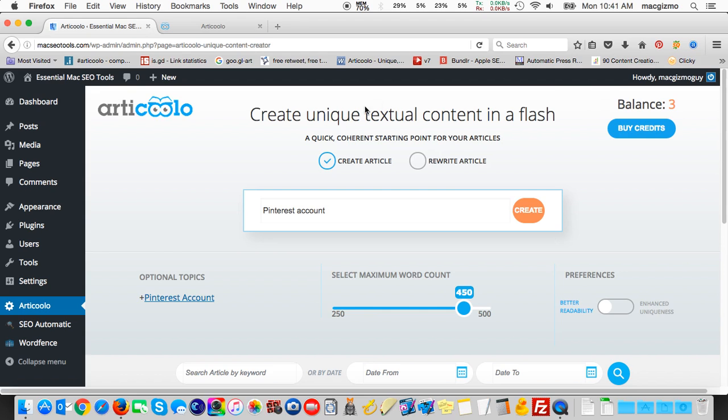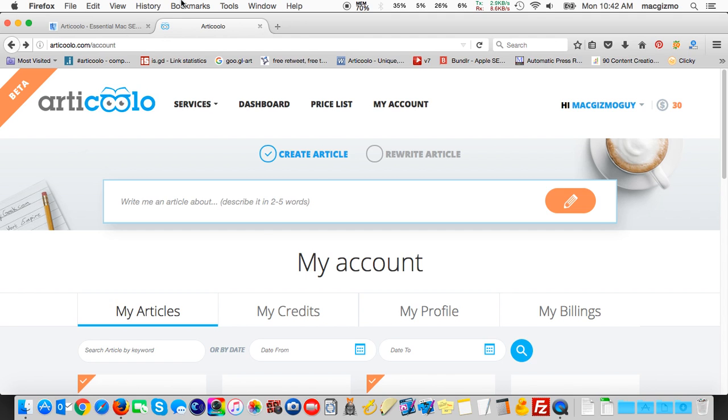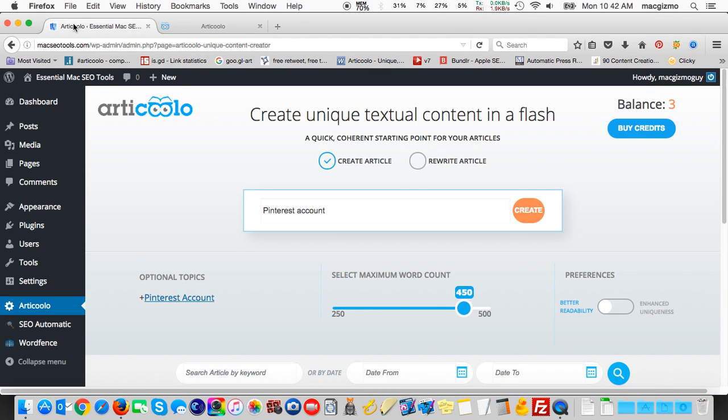However, because my WordPress account admin setup has a different email address than the web one, I ended up with split credits. I have 30 on the web, but the ones within my dashboard here, I only have 3 credits, and they're created under a different account and email address. So it's very important. Ideally, those would be identical for both.